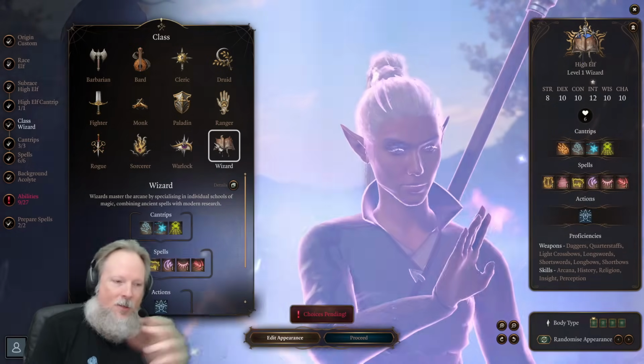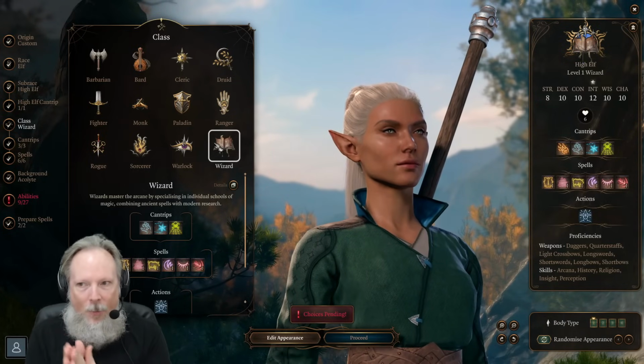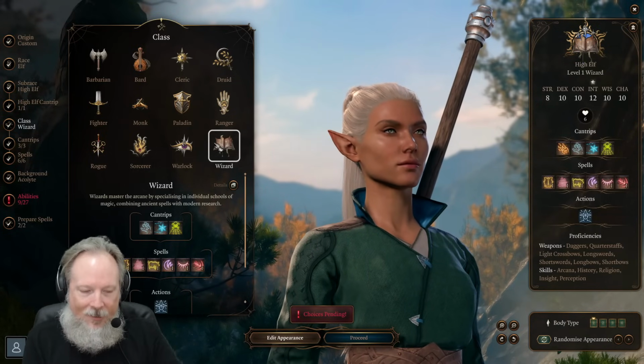These are all the different ways. By the way, I love that graphic. These are all of the different primary attributes for the various classes. So